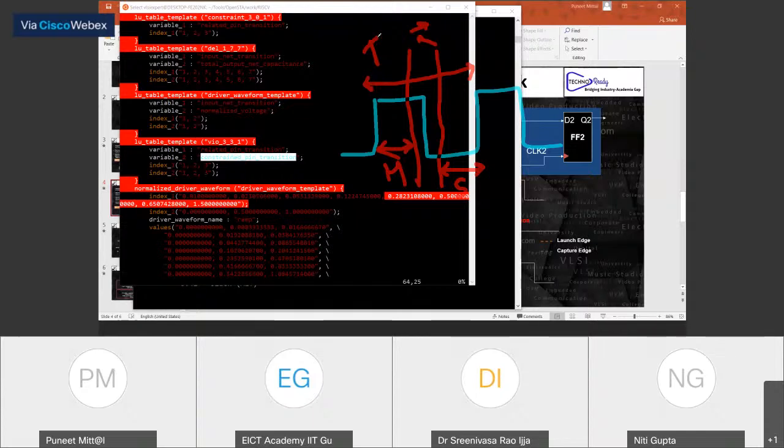If your clock time period is more than 5 nanoseconds, then there is no problem. I'm not talking in terms of combinational delay right now. I'm just talking about only the things you have provided me, the library and the clock frequency. If you have a 10 nanosecond clock time period, no problem. 20, no problem. I'm just talking in terms of the specification, the library which you're using.